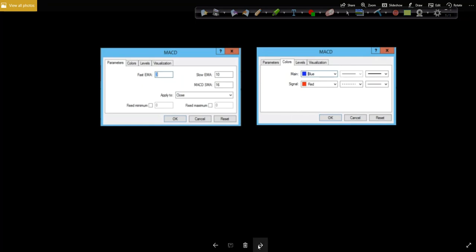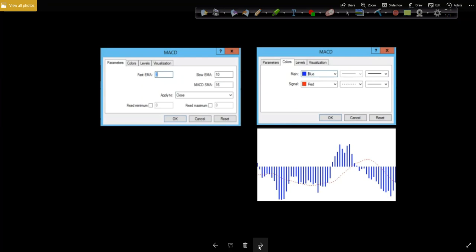Then what makes it interesting is when it plots, well, now you can start to see stuff. Okay, well, obviously the main is the histogram. To the newer trader, I still don't know if they know which one of these that is. And then their signal is colored red, which is this red line. Well, now I'm confused because they're giving me 3 variables and only plotting 2 of them. So, see, even in the world of MT4, to a newer trader, this could be a little confusing because there's just not a lot of common sense flow in the indicator.